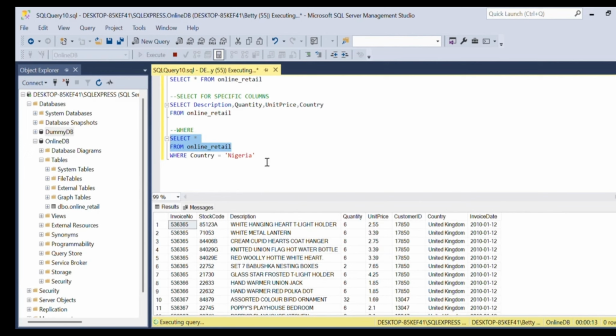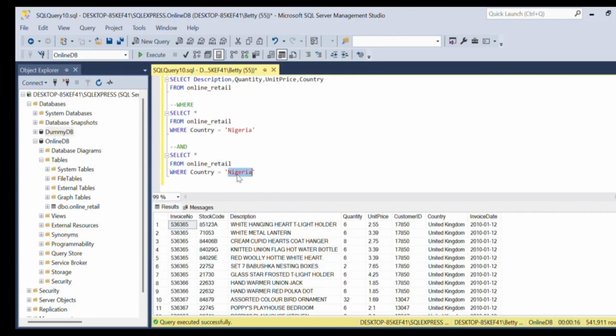Now I want to add multiple conditions, and in order to do that, you can use what we call the AND function. So let's say I want to write a select statement: select all from online retail where country equals United Kingdom,